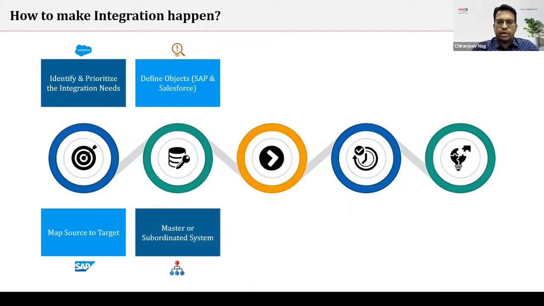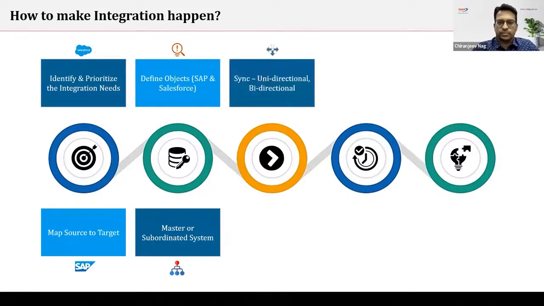The next point is the master or subordinate system. Again, we'll have to clearly define this. So now a quote is always being generated in the CRM system, by the sales rep. So the master for that would be the Salesforce system. But now talking about product related information or pricing related information, that has to sit in the ERP system and that will maintain the master data. So we'll have to clearly call out what data would be there in the master system and what data would be there in the subordinate system.